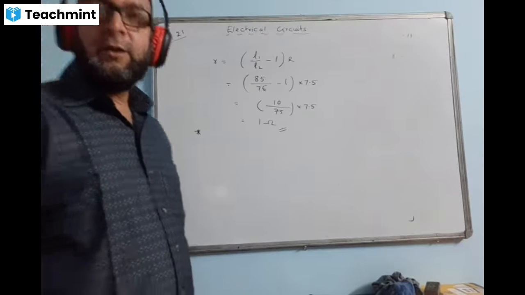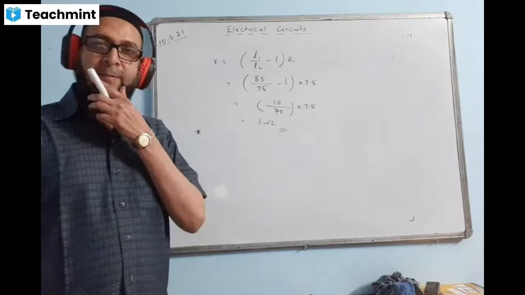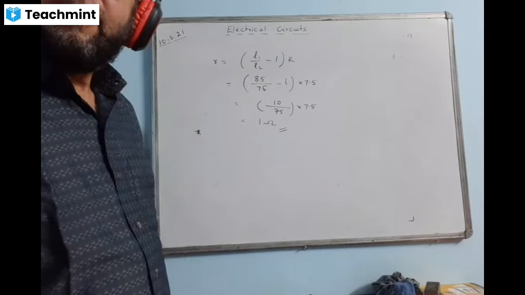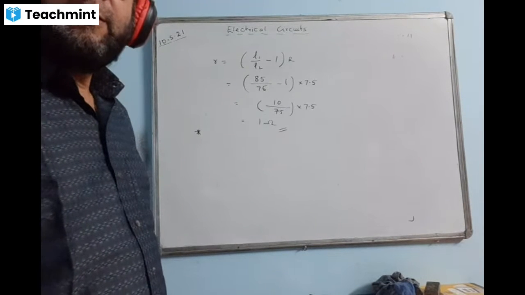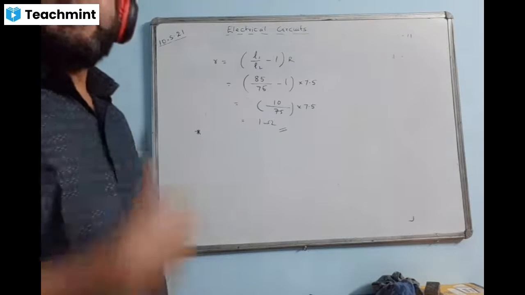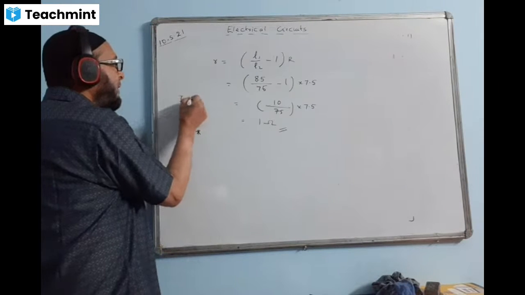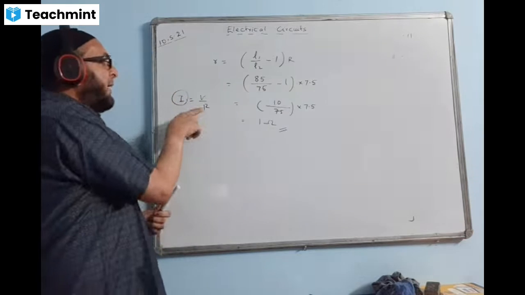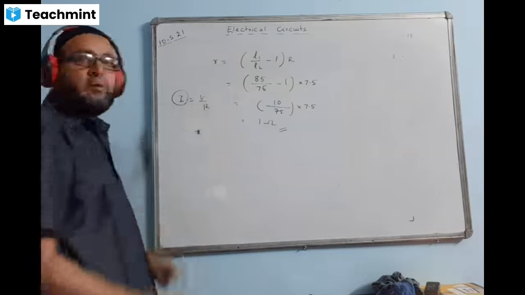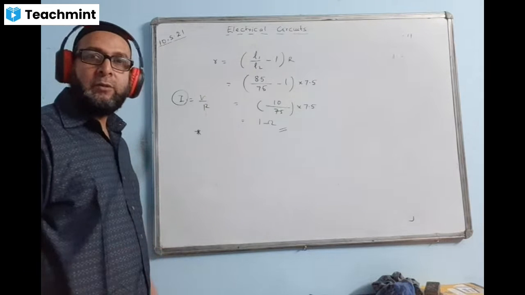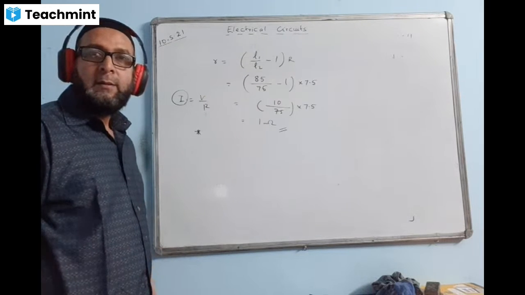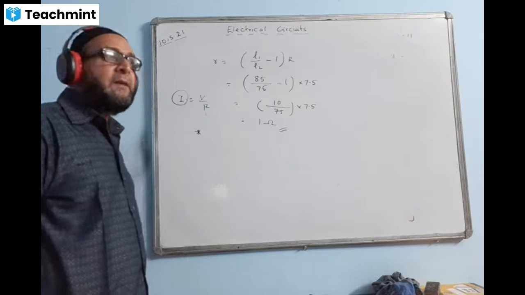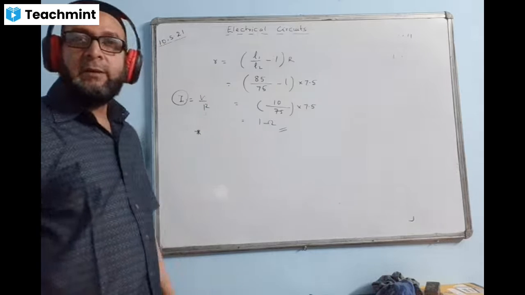Yes, any queries, any questions, any doubts? V by R, because current is same, no, I is same, because I formula is V by R, no. Current is constant throughout, because the galvanometer gives null deflection. So instead of writing the L out here, I write R, V by R, both the sides equal. Because the resistance and length are directly proportional, that is the idea. If it is lengthwise, we take voltage upon the length, and we call it potential gradient. And if it is resistance wise, I'll do voltage upon the resistance way.